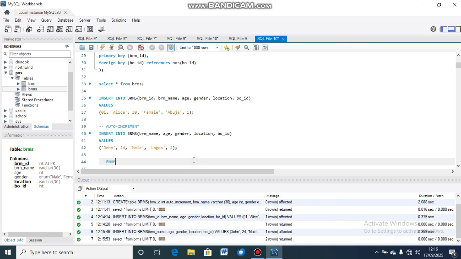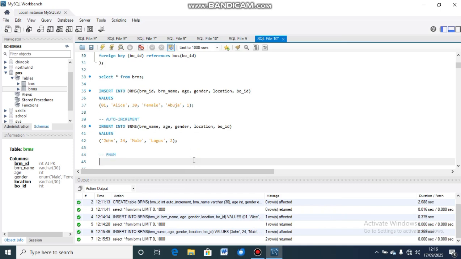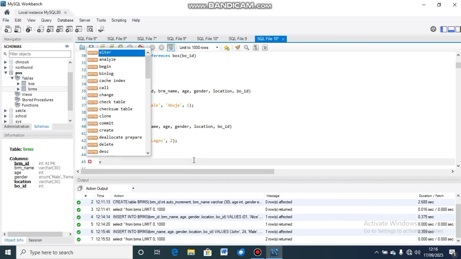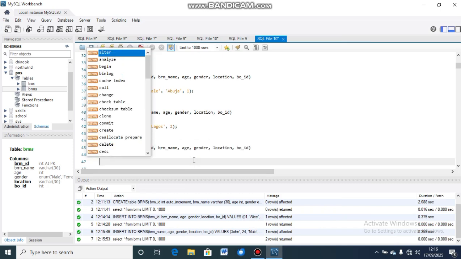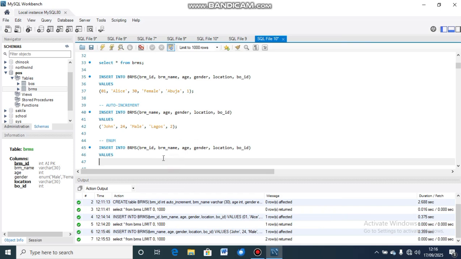The next one we'll be having is the constraints. We are starting with enum. I said enum here is you picking one out of many options, and you cannot leave it or replace the one given to you with another option. So I'll be opening the bracket by